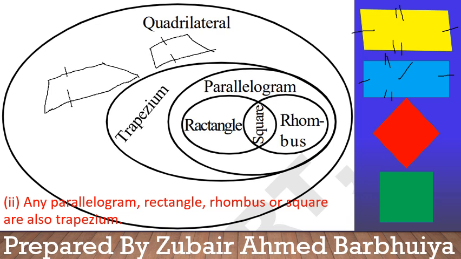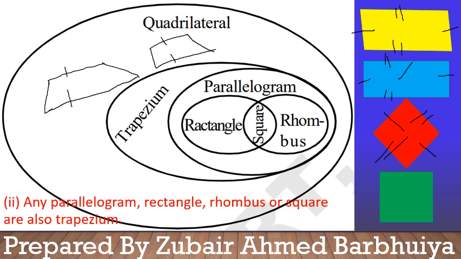Two pairs of sides, if parallel, then this will not affect anything. We have defined the trapezium: if a quadrilateral has at least one pair of parallel sides, so we have two, it is enough. Now in the next figure, this side and this side are parallel, so it is also a trapezium. Since we have the definition of trapezium, the opposite sides should be parallel,